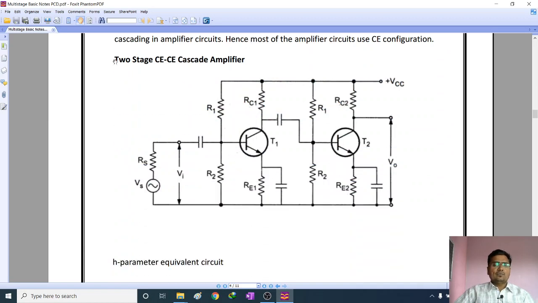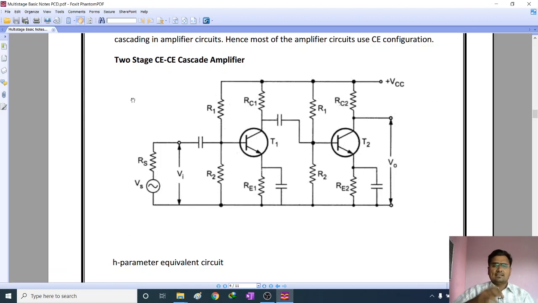There I am showing one diagram, a two stage CE to CE cascade amplifier. Even if you skip that word CE to CE, then also it is okay. Two-stage RC coupled amplifier. Both are common emitter configuration. So this is the actual circuitry of a two-stage RC coupled common emitter amplifier. Look at this. First stage is a CE amplifier. Second stage is also a CE amplifier. And I'm connecting the output of the first stage to the input of the second stage through a capacitor. Look at this capacitor I'm talking about. So henceforth I have to consider this circuit only.